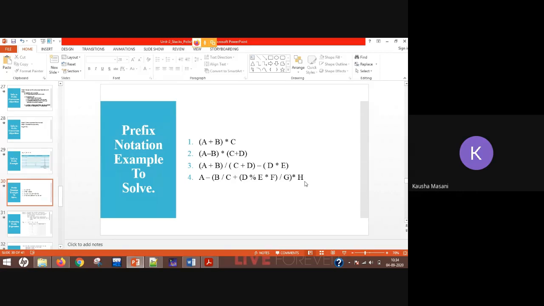Students, don't be in a hurry to solve this number 4. Okay, carefully. Be quick in solving. I'm not saying that you go at a very slow speed. Also be quick, but do not give in to a rush that I'll be the first one to answer. Okay. Solve it correctly and efficiently. Because see, it is bracket inside the bracket. Okay, so you have to take care of that also.